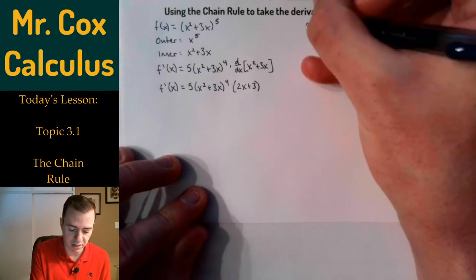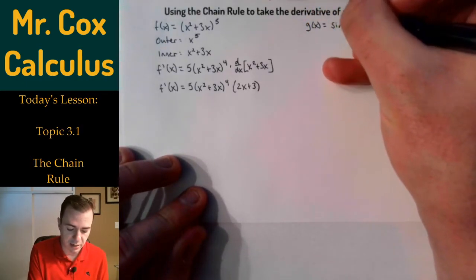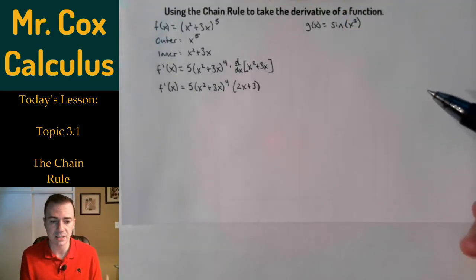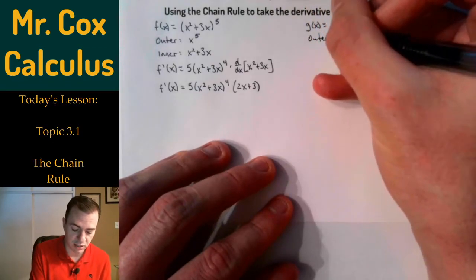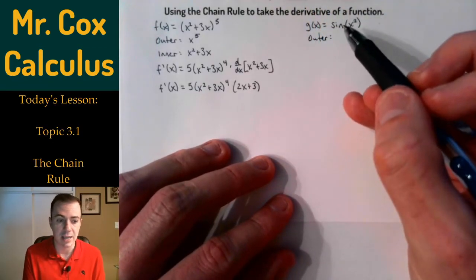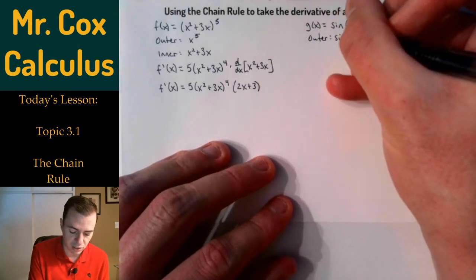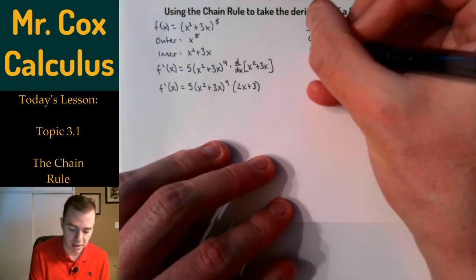All right, let's take a look at a second function. Let's look at g of x equal to the sine of x squared. Again, this is not the sine of x, it's the sine of x squared. So I have a sine function and an x squared function. So I need to identify which function is my outer function. It is the sine function that's acting on x squared. So my outer function is the sine of x, or the sine of something. My inner function